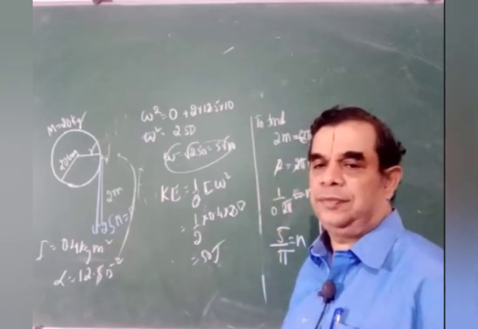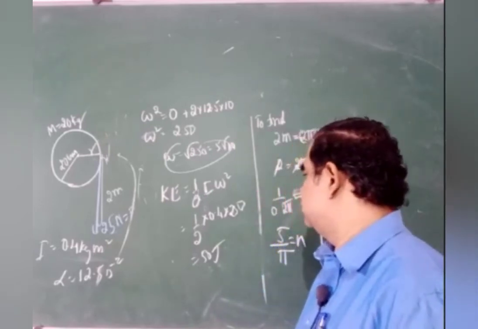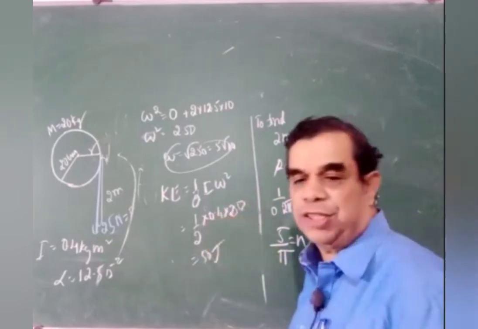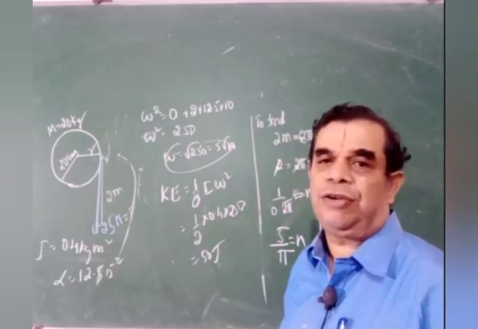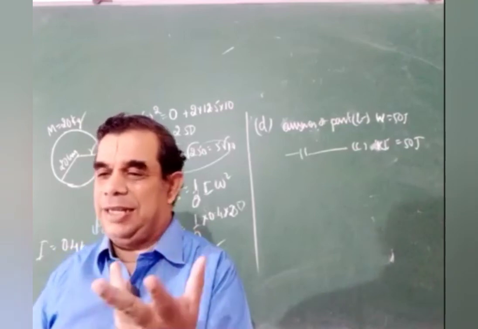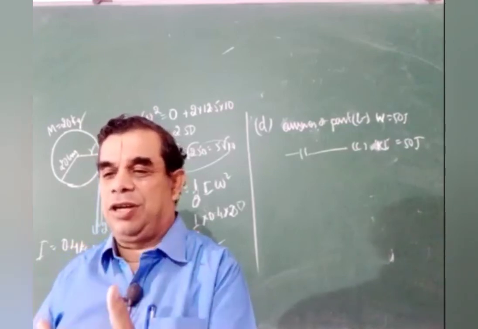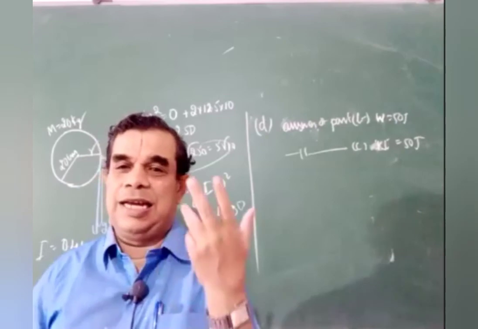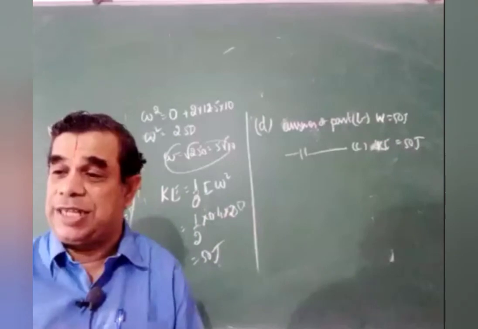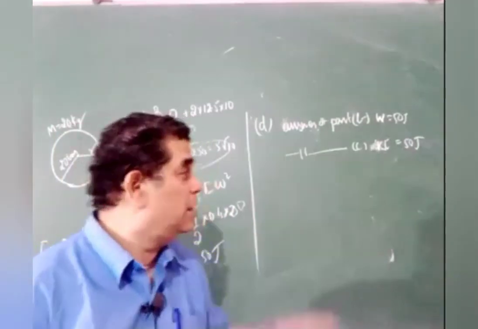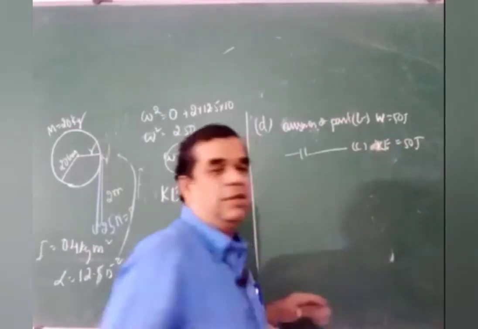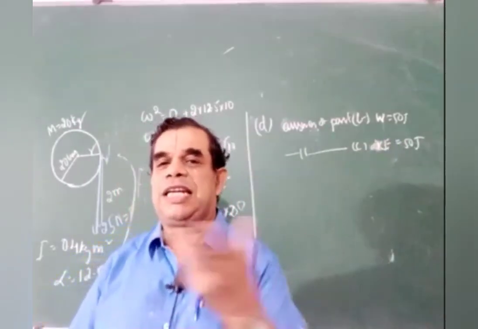50 joules again. Because your 2.2s are, here 10 goes, 25 into 2 is 50. Such type of calculations you have to learn, my dear friend. Work energy theorem directly. Work done is equal to change in kinetic energy. Here, as initially the object is at rest, the rotation is zero. So half I omega square itself is the change in kinetic energy. So this proves the work energy theorem also again. Because work done is 50 joule, so much is exhibited as kinetic energy.